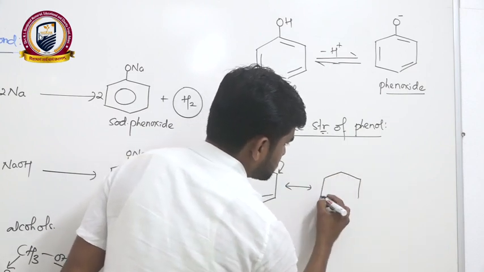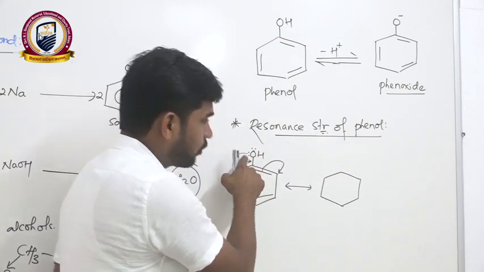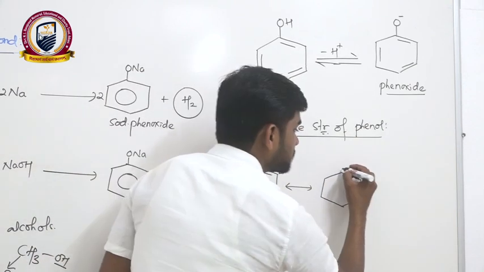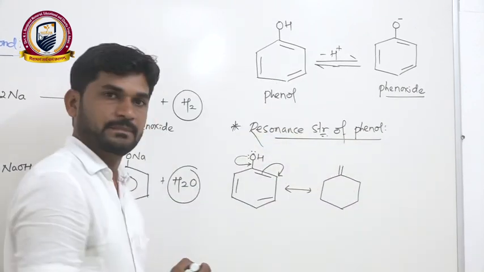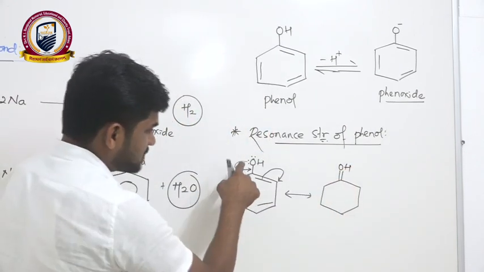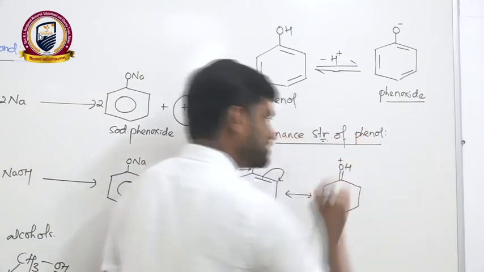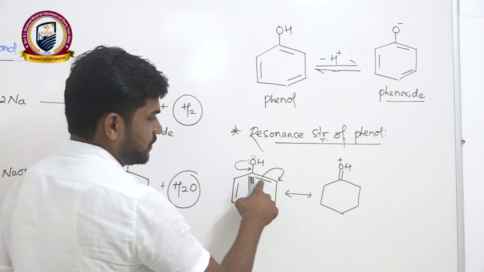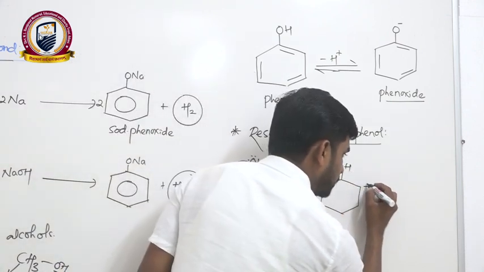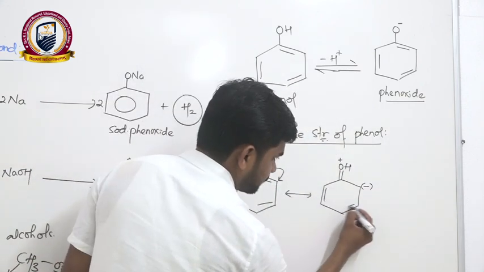so this is losing one pair of electrons, and these electrons make a bond with this carbon atom, so this becomes a double bond over here. We write it as OH. Since this oxygen is losing one pair of electrons, it acquires a positive charge. And these pi electrons are moving onto this carbon atom, therefore this carbon acquires a negative charge, and everything else remains.